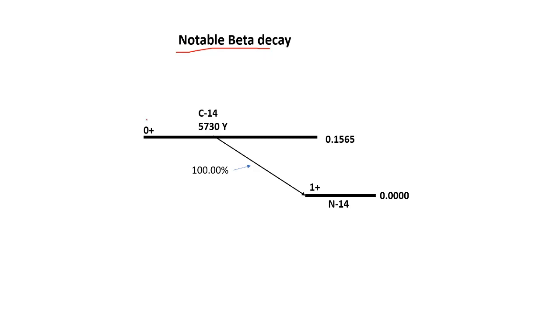All organisms are taking in and exhaling carbon by some means, like we are eating a diet which has carbon sources, and we are breathing and exhaling carbon dioxide. So we are in some equilibrium of intake and exchange, and that equilibrium we call an isotopic equilibrium, in which we are taking carbon in and exhaling carbon out. As long as you are alive, you are in an isotopic equilibrium.